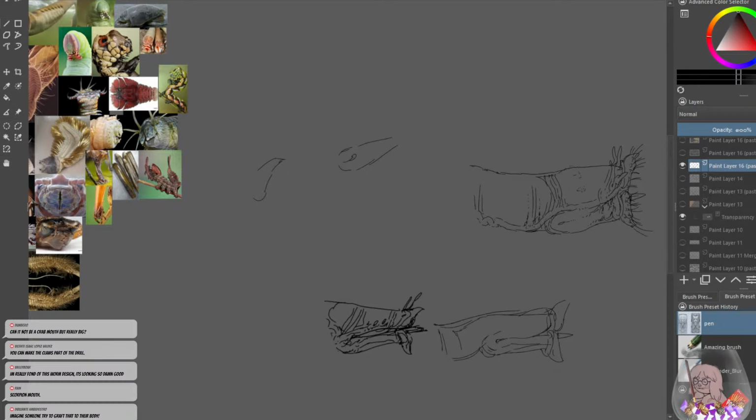And not be a crab mouth, but really big. Well, crab mouths are kind of flat, right? And that's what I'm trying to avoid. What I said in the video was basically